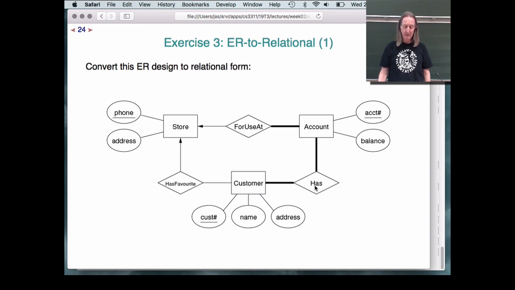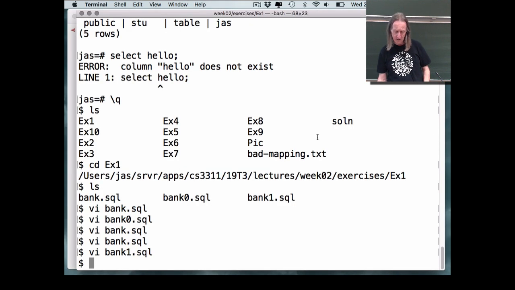This relationship here is a many-to-many relationship, so that requires us to have a separate table where we can have multiple instances of customer for several accounts, and similarly a single account could appear multiple times in this table associated with several customers. Alright, so let's have a quick look at the SQL